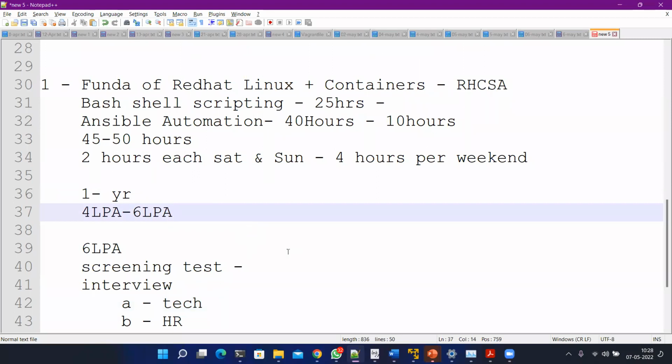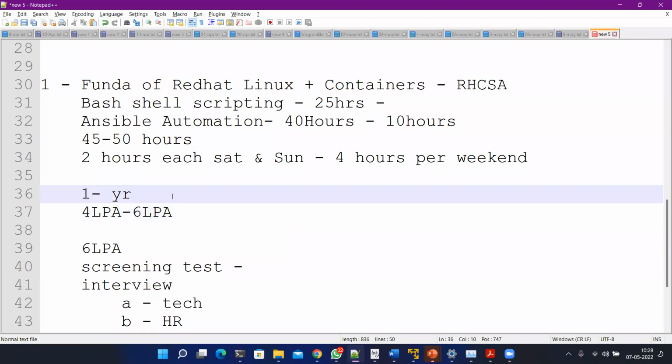I just want to give you the introduction part. As we progress with the course, slowly and steadily, we are going to cover all of the points: how you can set your CV straight, how you can align Linux with your existing job profile so that you can show Linux as a relevant experience of 1 year. Obviously, you will think that for 1 year they are going to ask you difficult questions. No, 1 to 3 years of experience is not that big of an experience. Even if you have 3 years of experience, that's not very big.